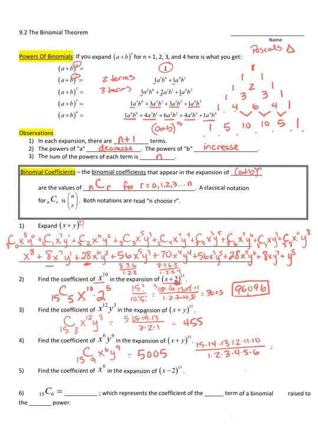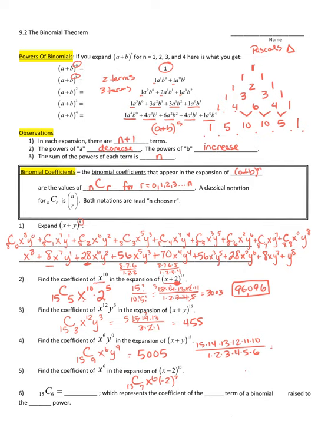So for this problem, we're going to have the combination of 13 things, and we're not sure. Okay, so this is going to be x to the 6th. So I'm not sure what this number is going to be. Well, I do, but anyway, x to the 6th. And then it's going to be times, and you can do this one of two ways. It is a negative 2 to the what power? Well, we know the powers have to add up to 13, so that'll be to the 7th power. And then that means this is going to be 13 things taken 7 at a time. So you'll calculate the combination of 13 things taken 7 at a time,